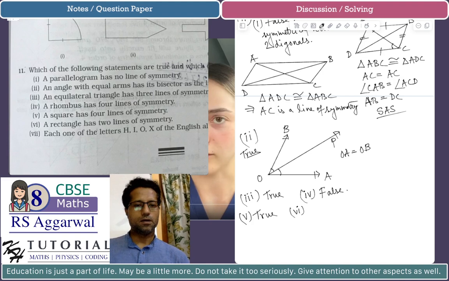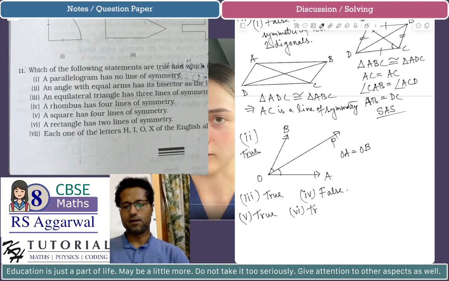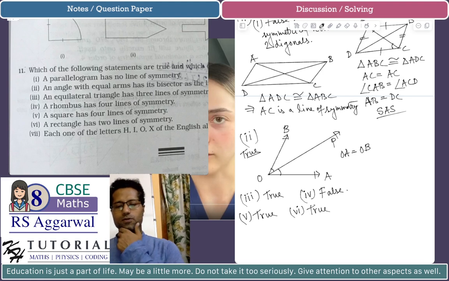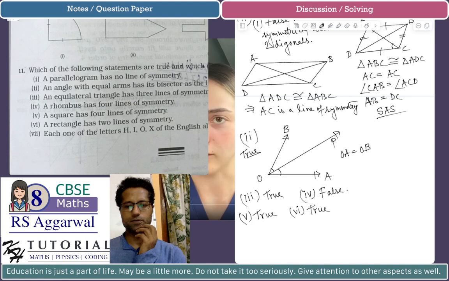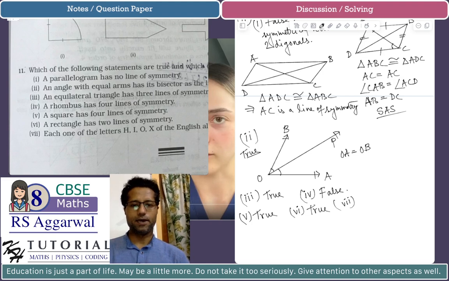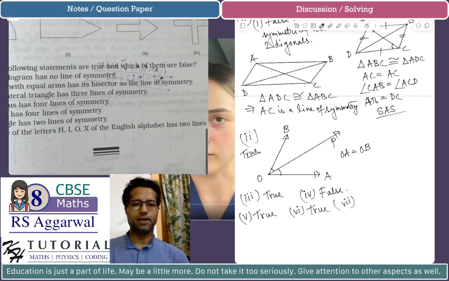6, a rectangle has 2 lines of symmetry. This is true. A rectangle, the lines of symmetry are the lines joining the midpoints of the 2 opposite sides. So a rectangle has 2 lines of symmetry. 7, part 7, each one of the letters H, I, O, X of the English alphabet has 2 lines